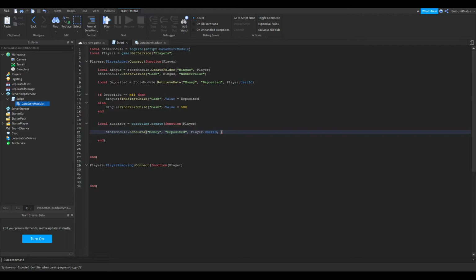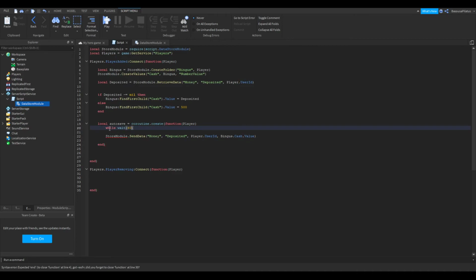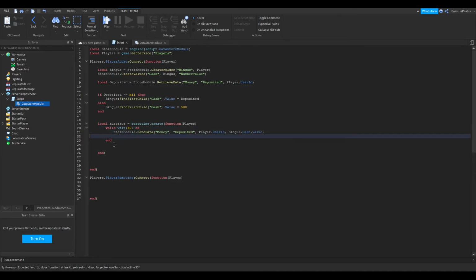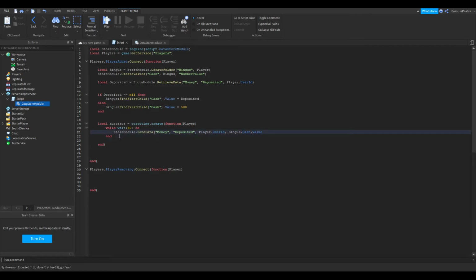And now the value we're going to want to do here is going to be whatever's inside of bingus.cash.value. Now, since bingus.cash.value isn't here right now, we have to do player. Actually, no. Anyway, that was weird. Okay, so